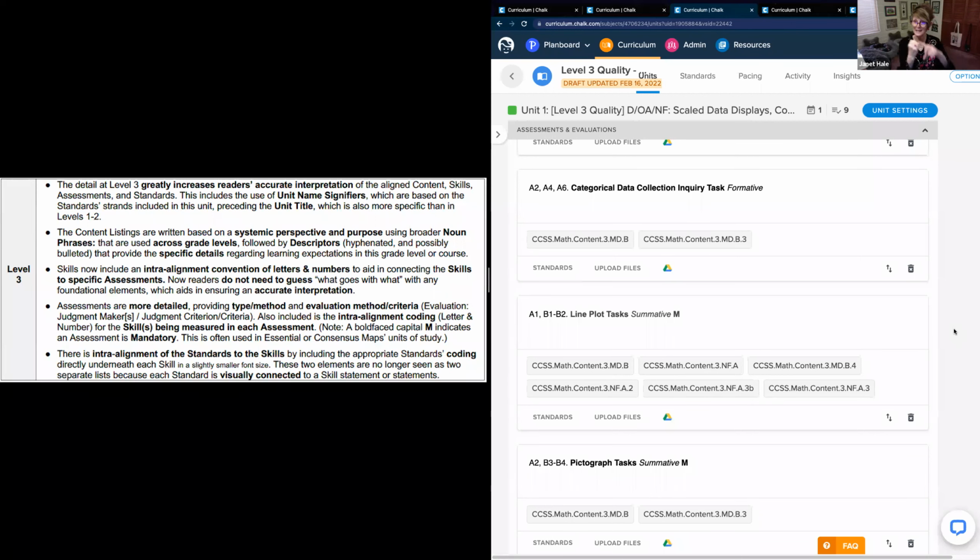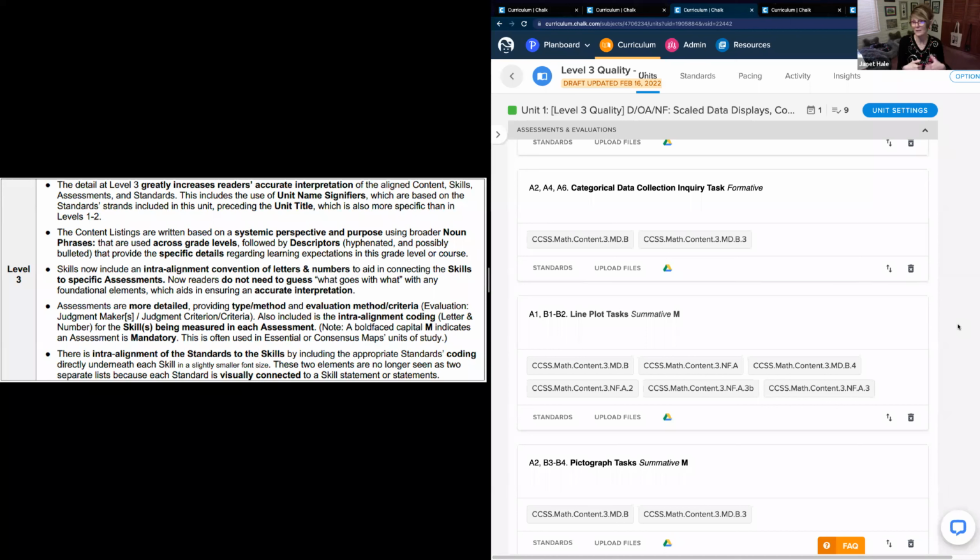So we've talked about an essential map is used in a larger district or a diocese. And then a consensus map is a one school site collaborative map. When you see Ms, when you develop that, and then everybody is now using this on their own personal teaching level, that's saying that's mandatory. These particular ones are mandatory. The other ones, you can use them, not use them, you can make up your own, but it's giving some latitude to what's actually allowed.